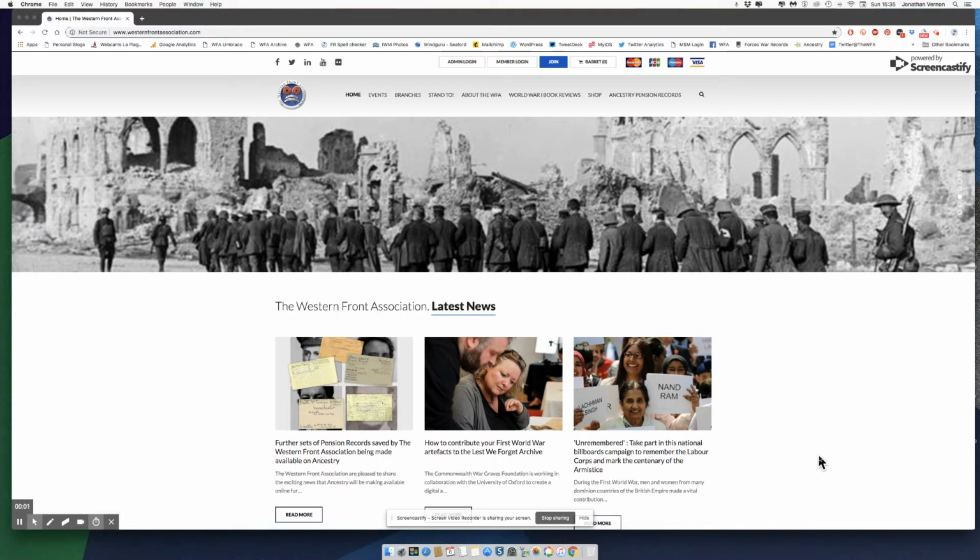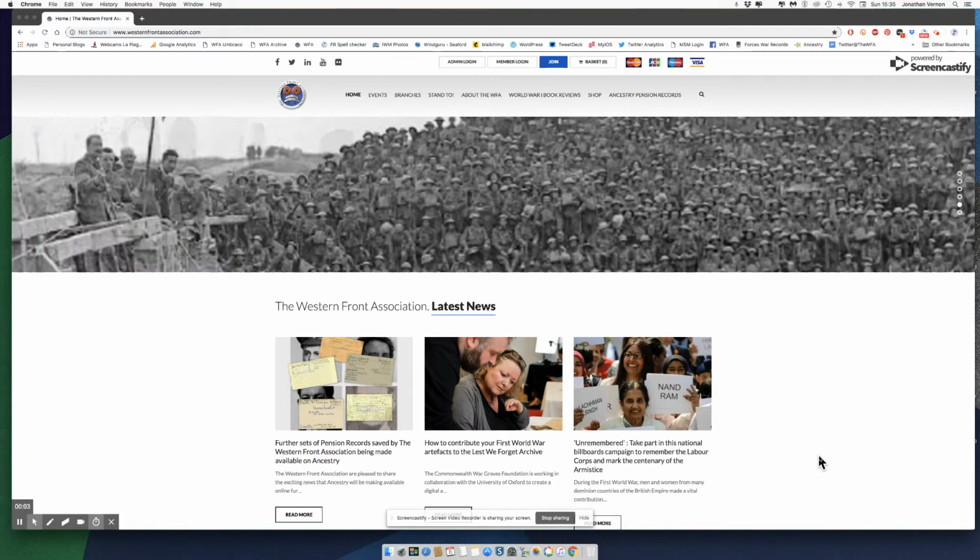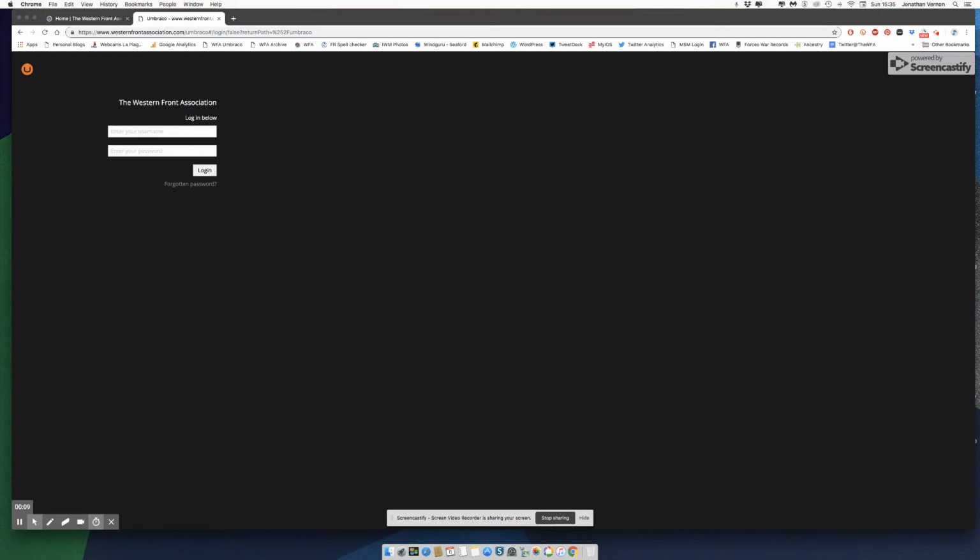To sign in, go to the Western Front Association website, go to the very top and go to the admin login. This will bring up the login page. Here you need to put in your email address that we use to correspond with you, followed by your password. If you get this password wrong 3 times in a row, it will block you out and we'll need to